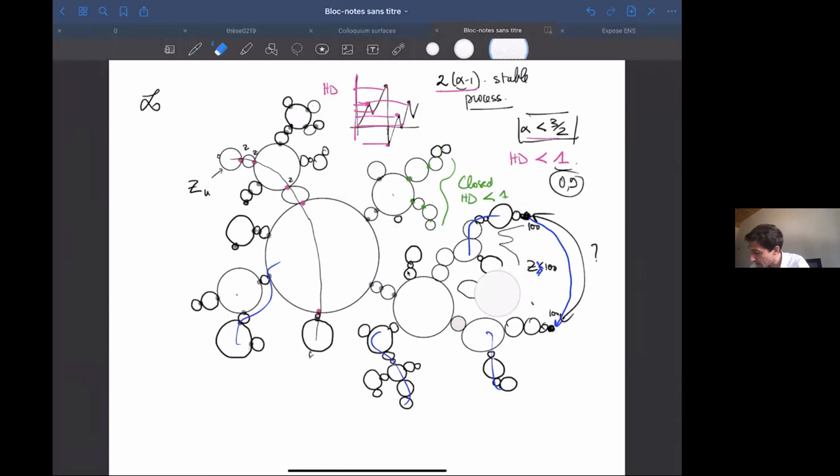Now, if you want to go from this 100 to 100, by the cactus bound, you have to stay at level 100. And so that means that you have your loop tree here. And you have to find a path made of some red that has to sneak in the loop tree to stay at level 100 and to go from this point to this point.